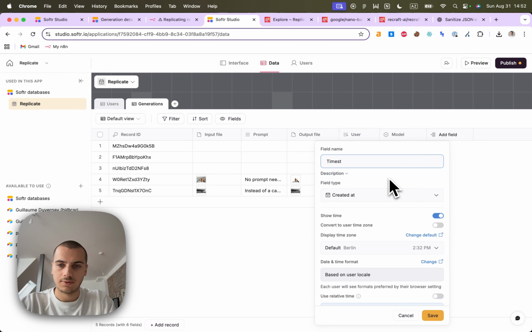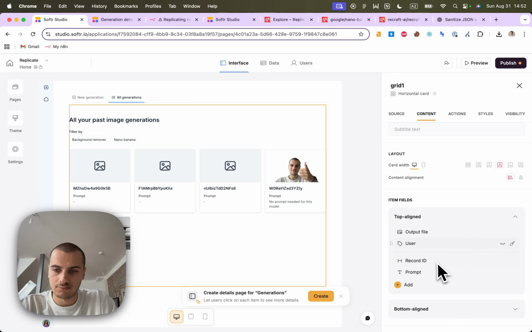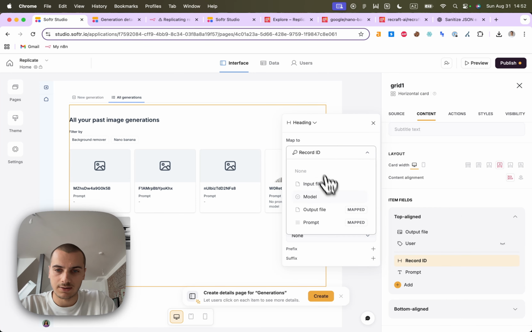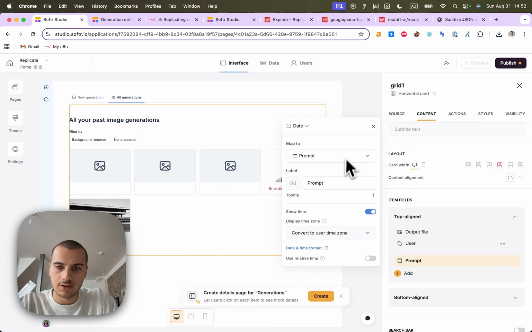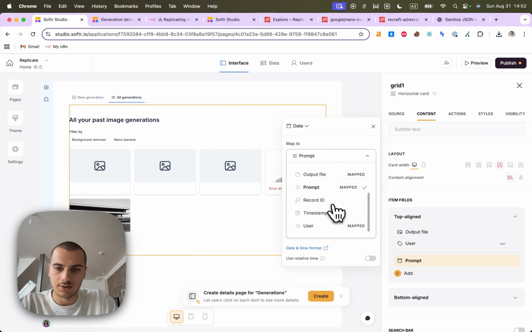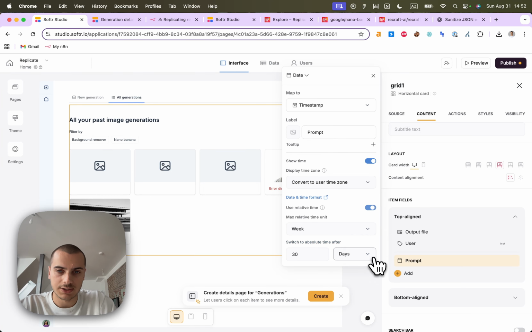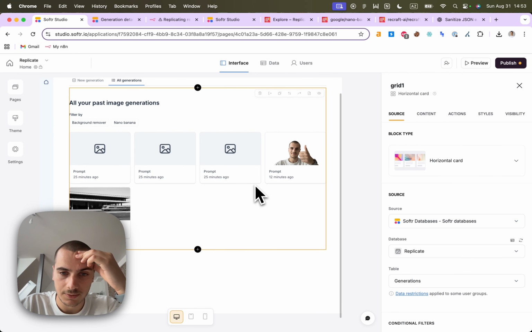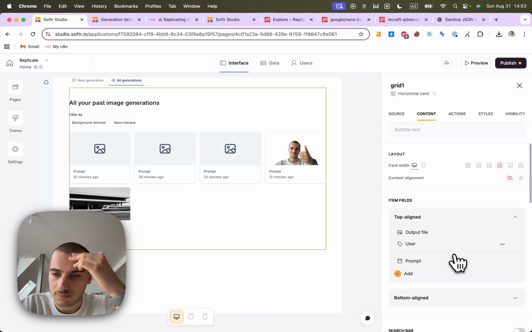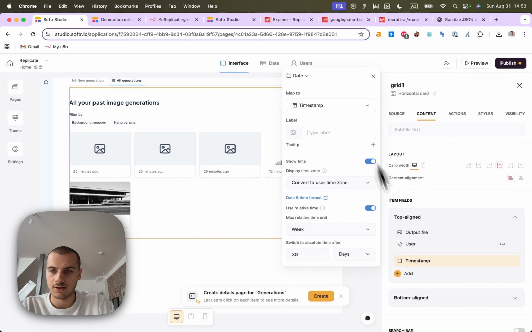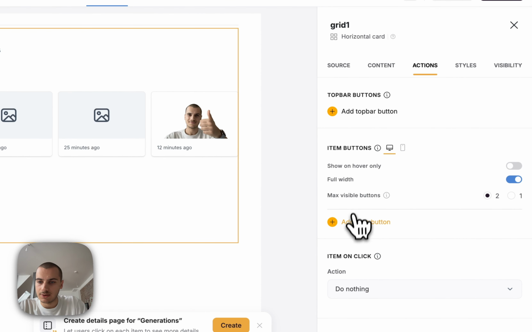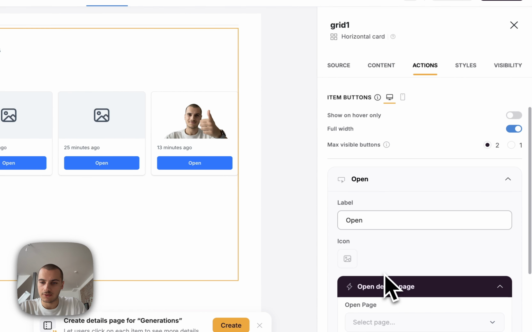So in here we can also display, maybe instead of the record ID, a date for the timestamp, and we make it relative. Okay, beautiful. And lastly, we add here for each item a button to open